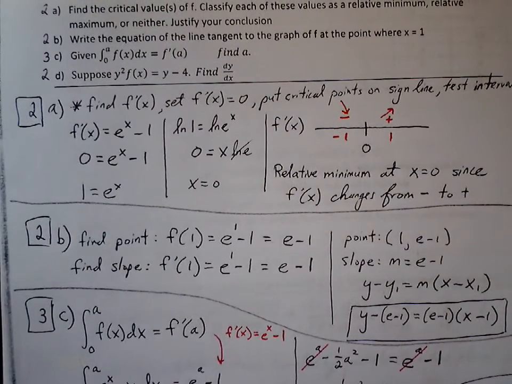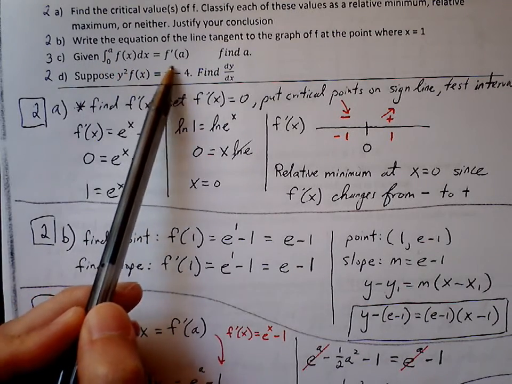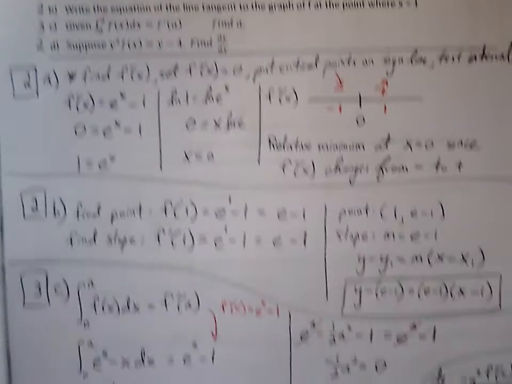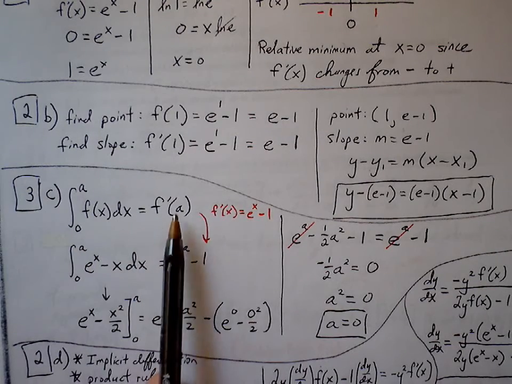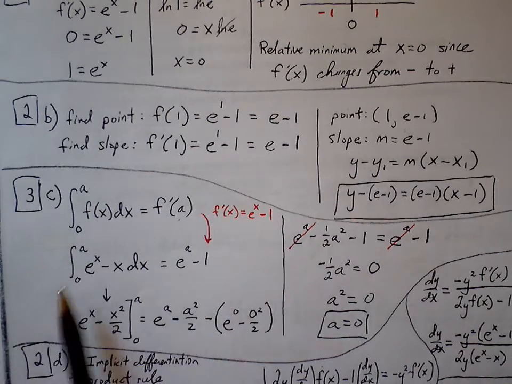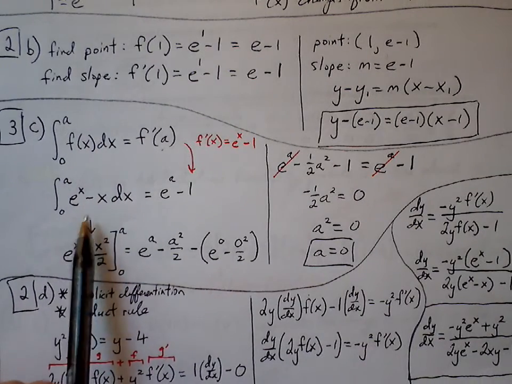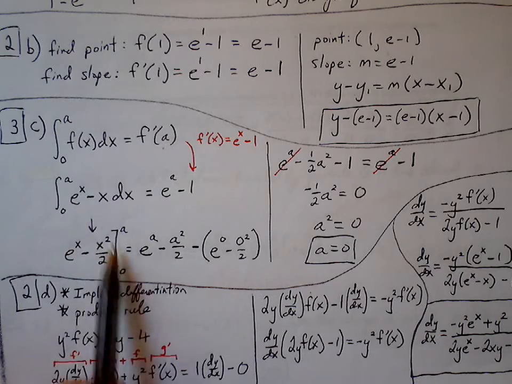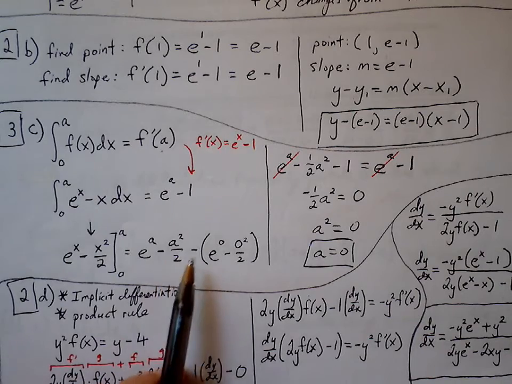For part C, given the definite integral from 0 to 1, f of x dx equals f prime of a, find a. So here, what we can do is we can replace f prime of a with the derivative and plug a into it. And then on the left side, we can replace f of x with e to the x minus x and go through that process. So when we do that, we get e to the x minus x squared over 2, plug in our upper and lower bound. We get e to the a minus a squared over 2 minus parentheses,